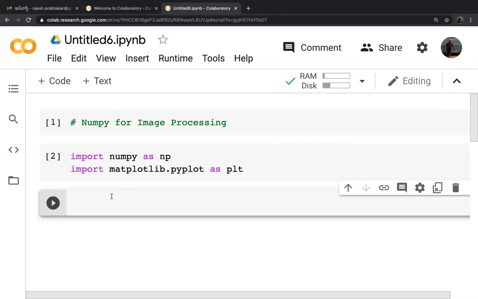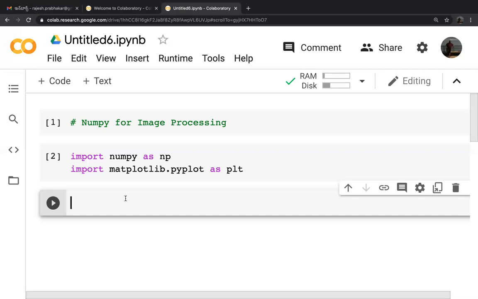Okay, now let us start creating an image using NumPy. NumPy arrays can be used to create images, and these images are created basically by the matplotlib package.